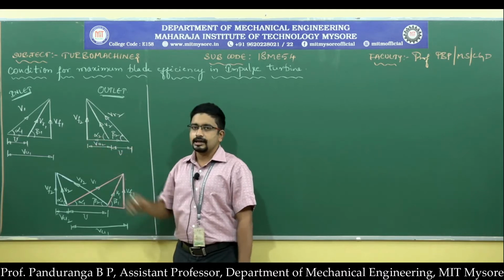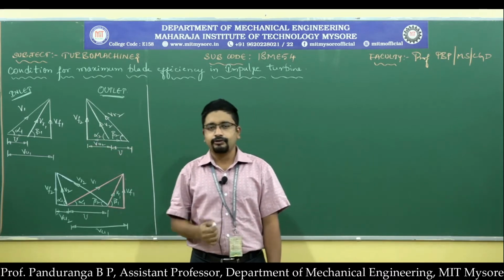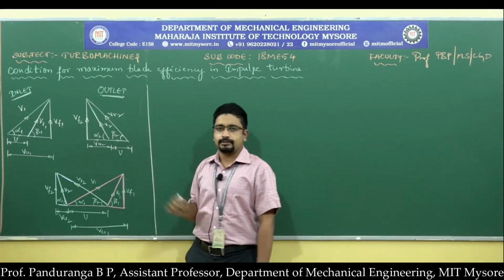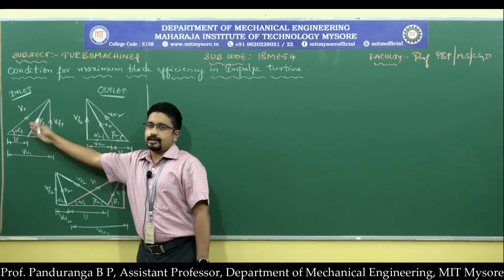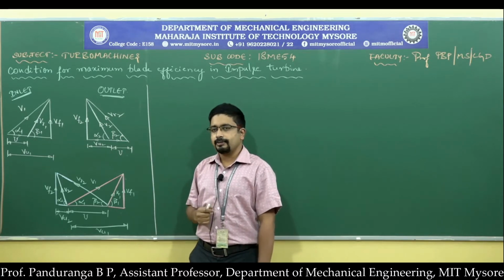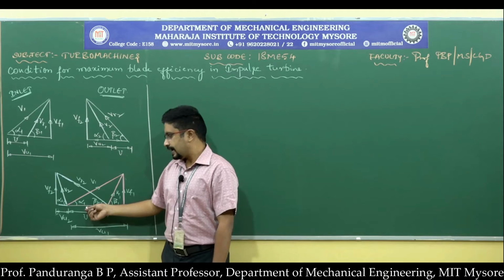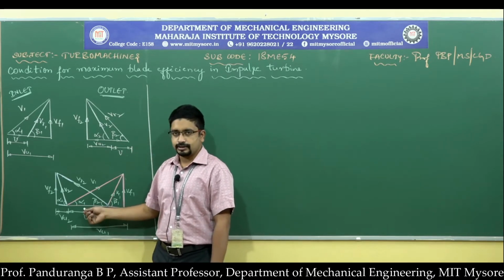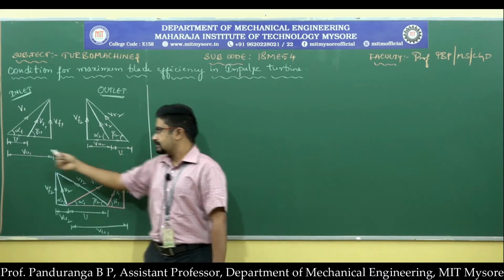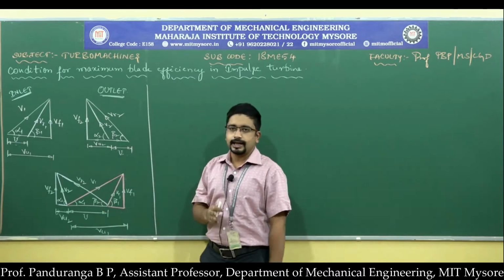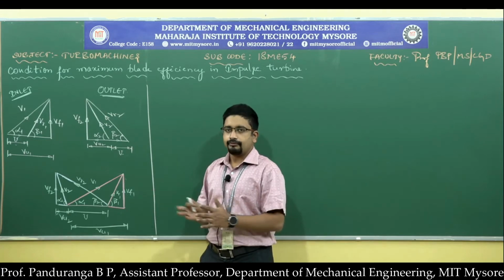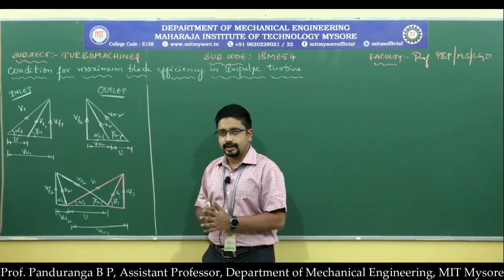Okay. If we draw these two triangles separately, then it is difficult for us to construct the velocity triangle, because we need to construct this separately and then we need to construct this separately. We need to measure from here and transfer it to the outlet velocity triangle. So what we do is, we have two methods of combining the velocity triangles. Here we have the common base method. The base for the construction of inlet and outlet velocity triangle is the tangential velocity u. So we will take that as the common base for both the inlet velocity triangle as well as the outlet velocity triangle, and then we draw both the triangles together.